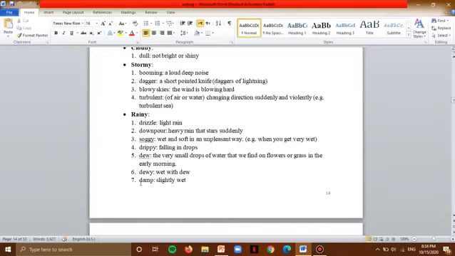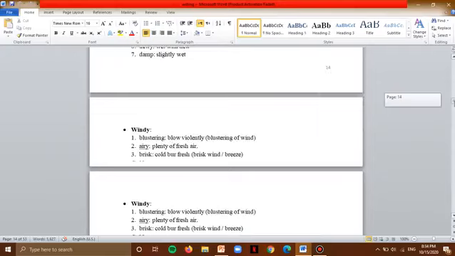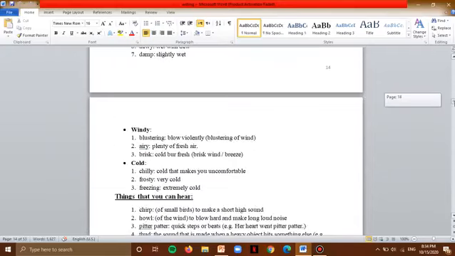Damp also means slightly wet, for example, my clothes became damp, they became wet. The grass was damp. When I sat down, the grass was damp, so it was slightly wet. Okay, so these are all expressions to describe a rainy day. If I want to describe a windy day, we can say the wind was blustering,